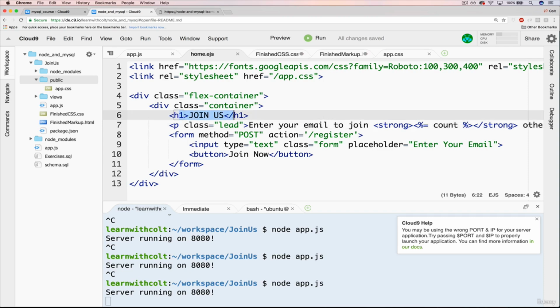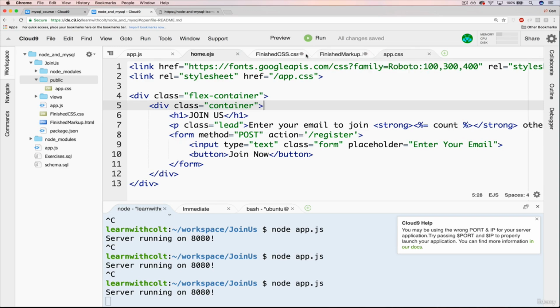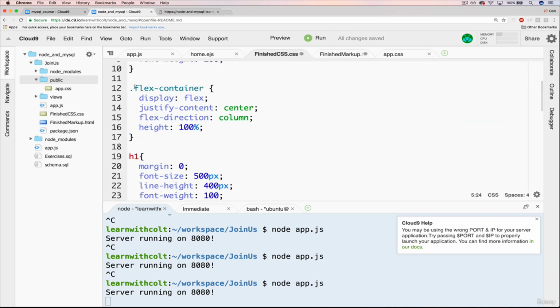But it's the same content. We've got our join us, we've got our paragraph, our form, but now we also have these 2 divs. And on its own, if I refresh, nothing changes. However, if we add in this little bit of CSS here,